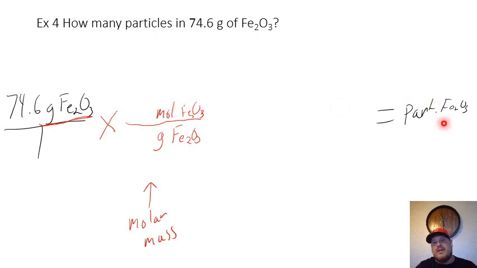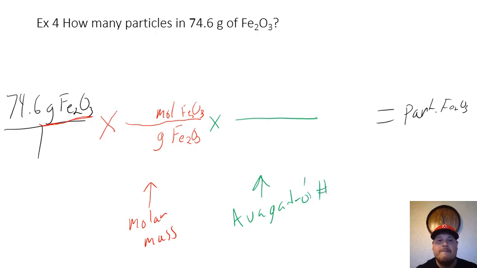I want to know particles of iron oxide, so I'm not done yet. However, I have to ask myself a question again. Is there a way for me to directly convert moles of iron oxide to particles of iron oxide? The answer is yes, there is. And it's the way that we've learned already. What we have to use right now to convert moles to particles is our other conversion factor. The other conversion factor that we got, Avogadro's